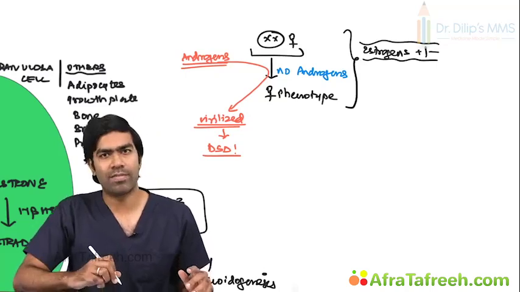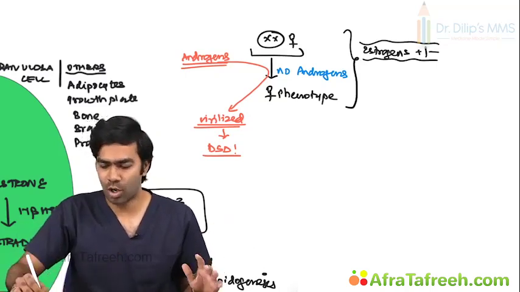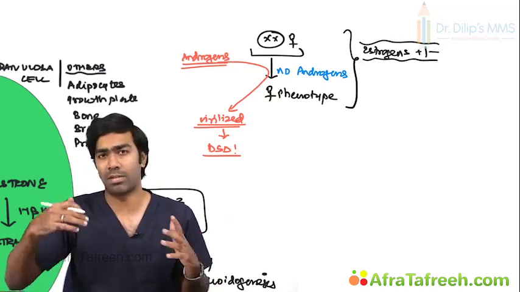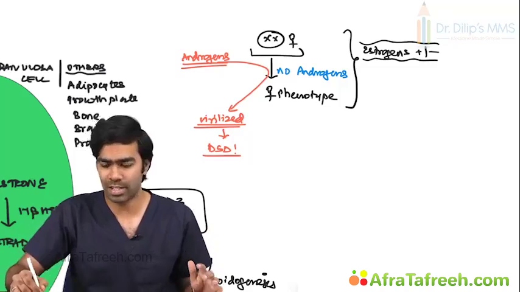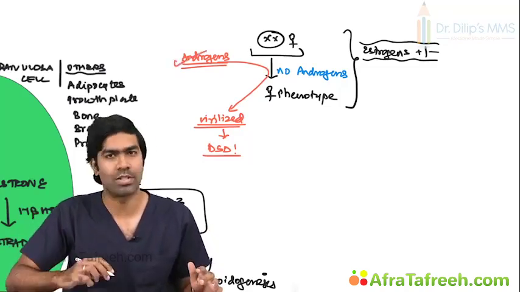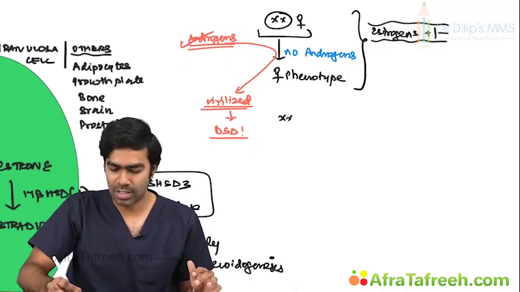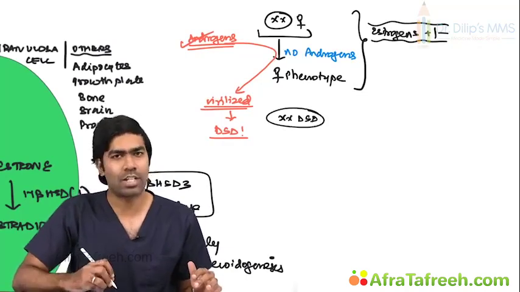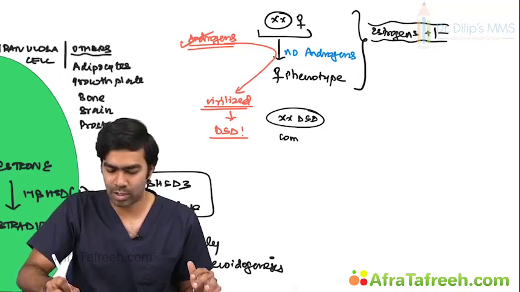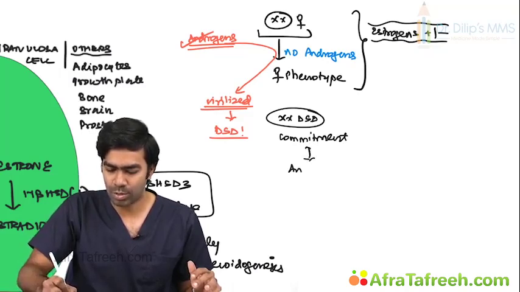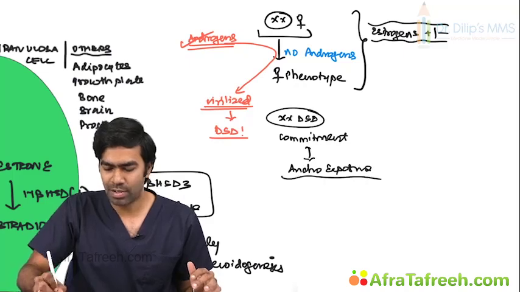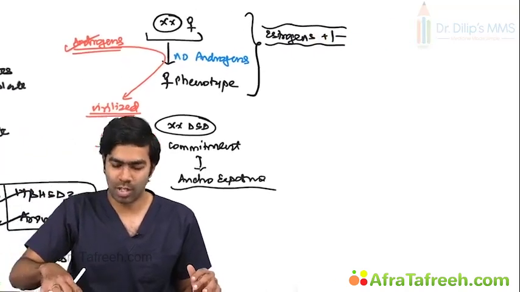in the embryonic life, it doesn't matter. Whether they become a male phenotype or a virilized phenotype or a female phenotype without virilization, it depends on the exposure to the androgens. That is why I always tell this XX disorder of sexual differentiation is always the act of commission. Commission in the sense, here I mean androgen exposure. So if they have androgen exposure, they develop disorder of sexual differentiation. But on the other hand,